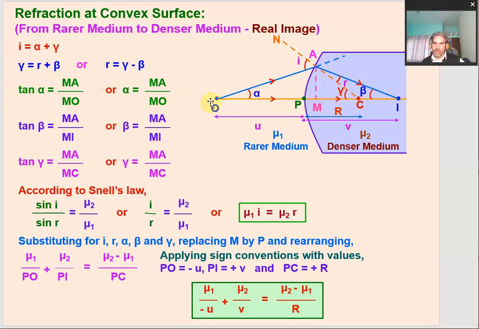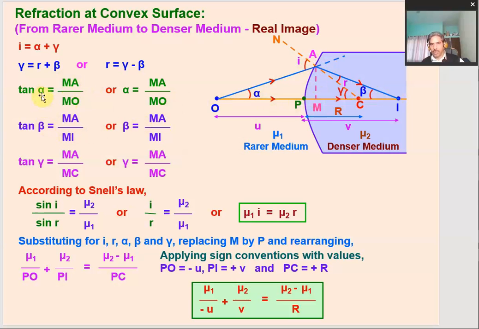Now it is tan alpha. So from this triangle OAM, we are writing the value of tan alpha, which is perpendicular AM upon base OM or MO, just like this. And similarly for tan beta, in this triangle AMI, tan beta will be equal to AM upon MI,